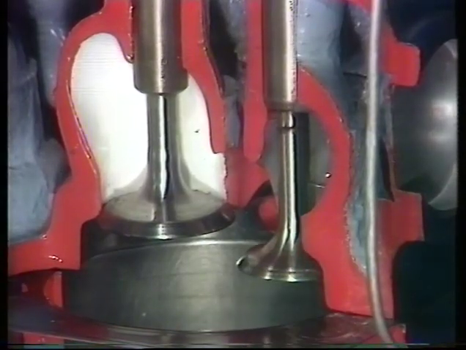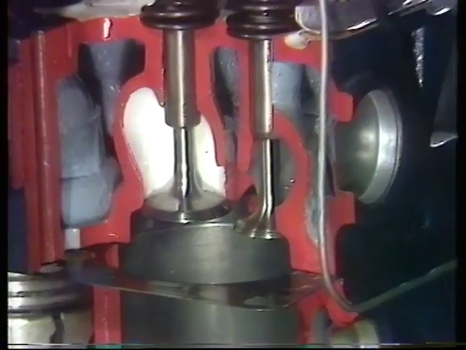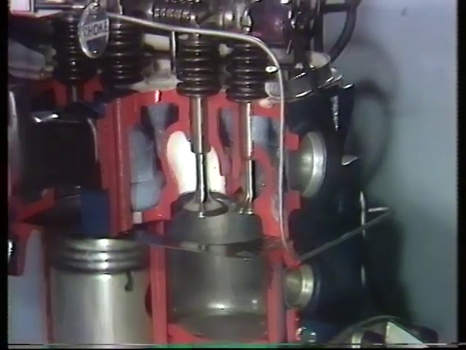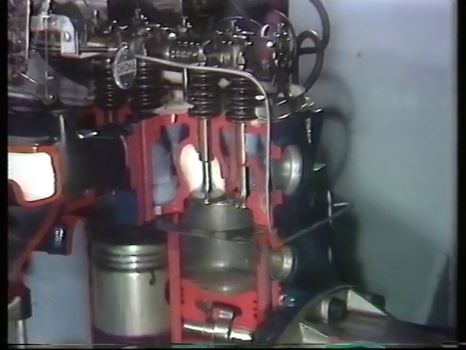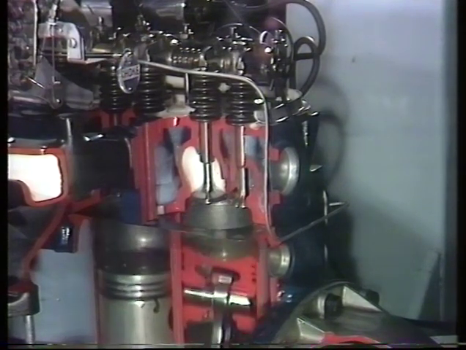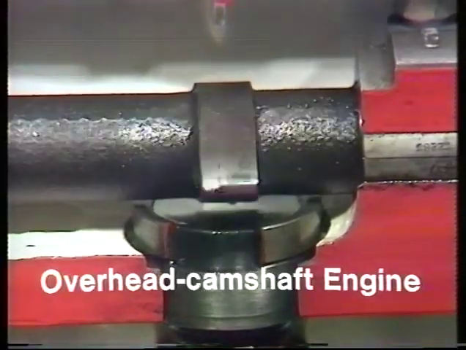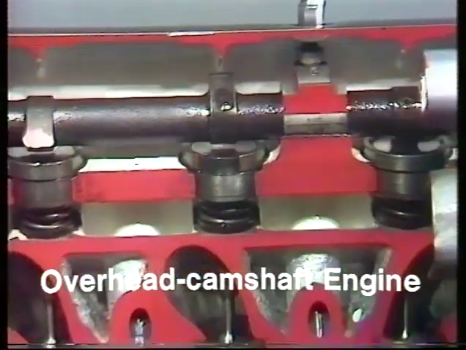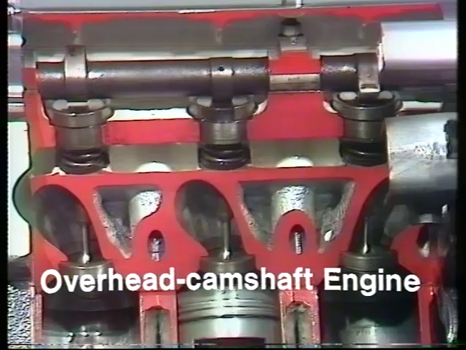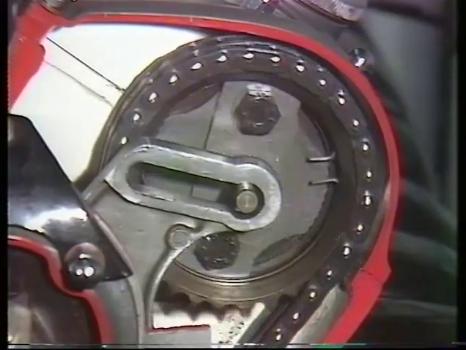So, although the overhead valve engine is inherently more efficient, there is friction and wear in this valve opening and closing system. Why not then bring the camshaft up the top as well, bringing it much nearer to the valves that it's going to open and close? Why not, indeed? The overhead camshaft engine does just that, with the camshaft sitting over the valves, actually pushing them itself. The camshaft is connected to the crankshaft with a longer timing chain, as here.